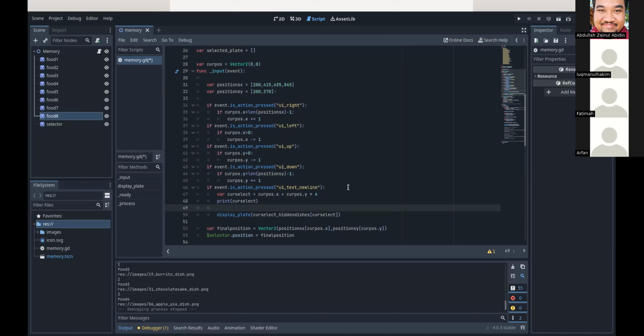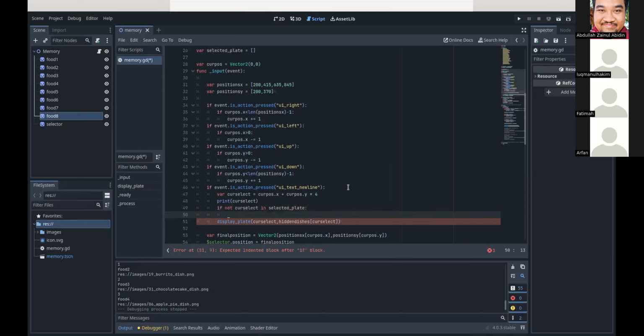We check if not current select in selected plate. So that means the currently selected plate is not in the already selected plates that we recorded before this. So if current select is not in the selected plate, now we're going to